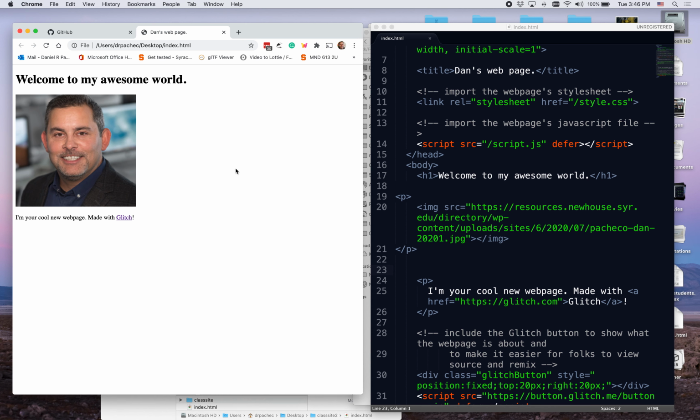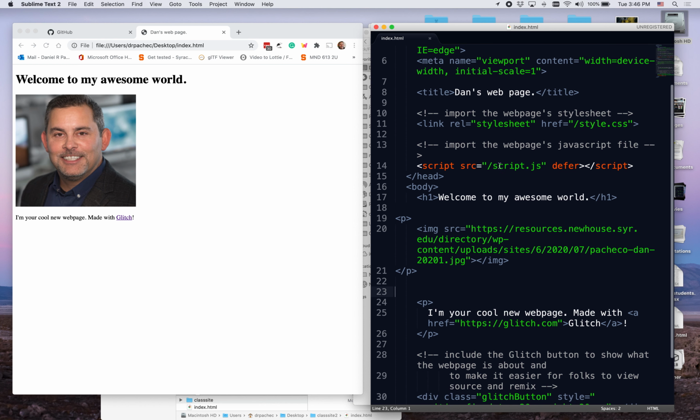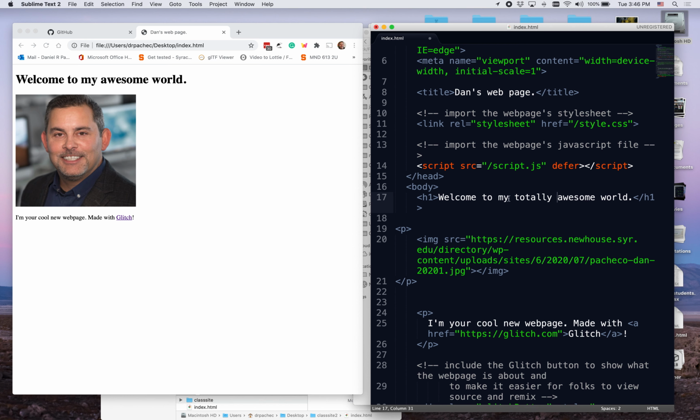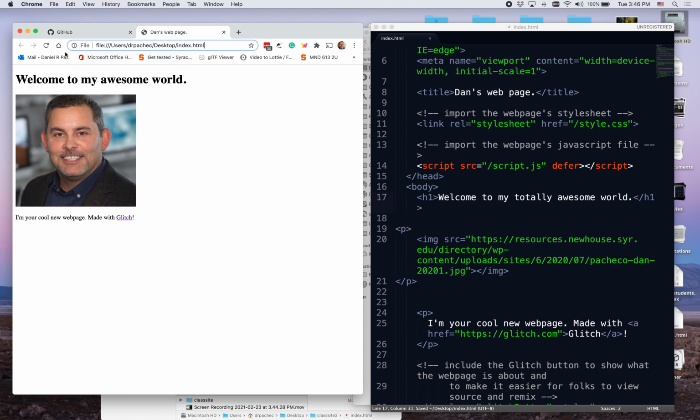So, here I have a web page, and if you look up here, it's just sitting on my desktop. It's called index.html. I copied this out of Glitch and made a few modifications. If I make changes there and save, then over here in the browser, because it's browsing that location locally, see, it makes the changes. All right, so I'm going to keep this where it is for now,